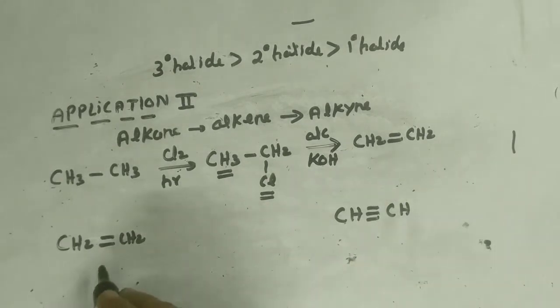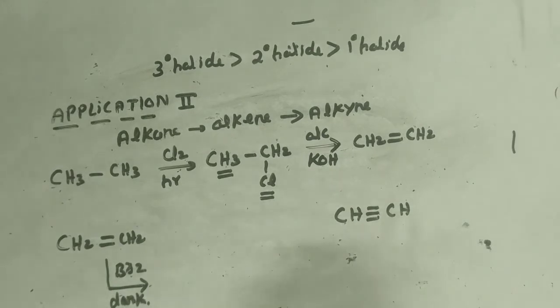So how do I convert a double bond into a triple bond? I first of all use an addition reaction. I will add bromine. For addition reaction, I need the dark condition. I don't need sunlight. If it is dark, without heat, it will lead to an addition reaction. So add bromine to the double bond. One Br will add up over here, one Br over here, and the double bond will become a single bond. So please remember, if you want to add halogen, please use the dark condition. Because if you use light and heat, that leads to substitution. We are doing an addition reaction, adding halogen across the double bond.